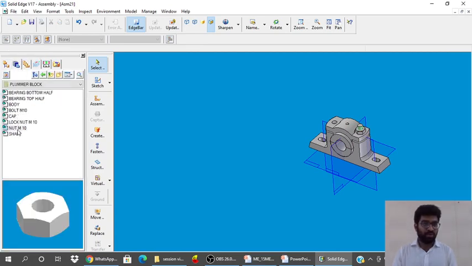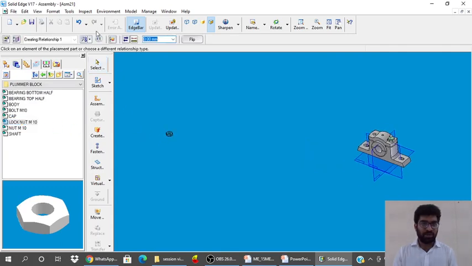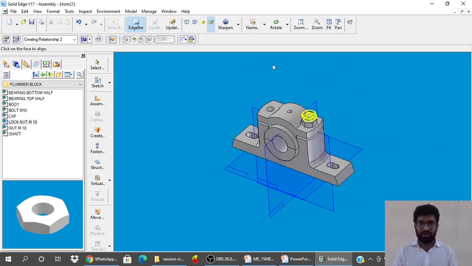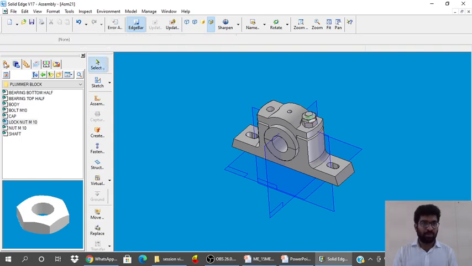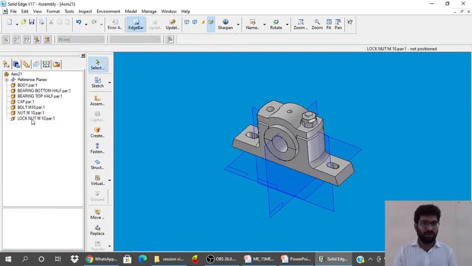Again, go for lock nut, double click on that, axial align this and this, say fit. Second relationship is mate, top of this nut. Come out of the command, go to assembly pathfinder, click on lock nut, lock this rotation, say OK.